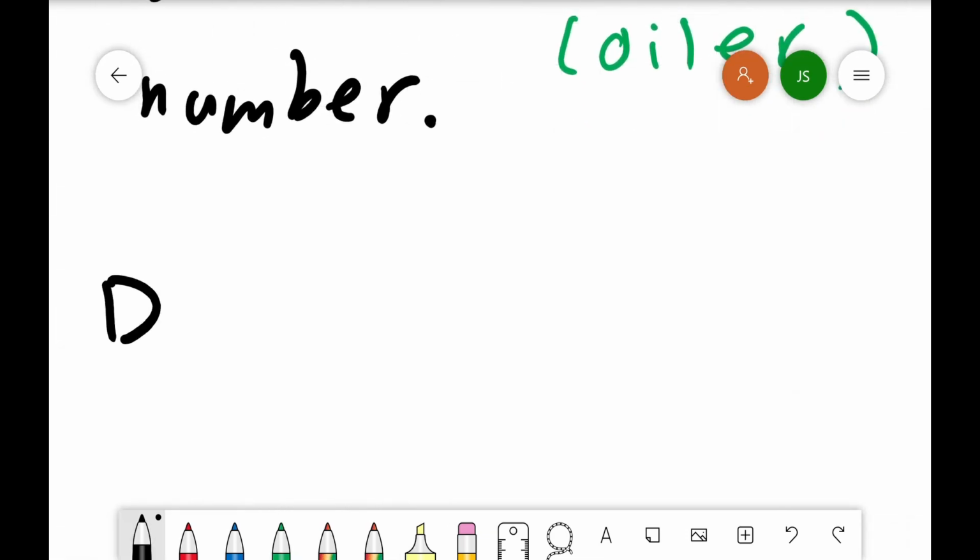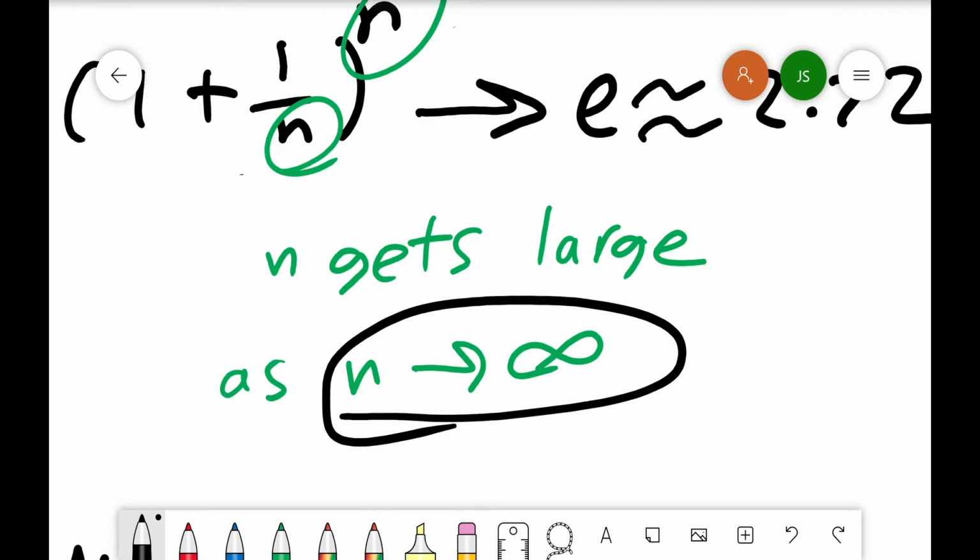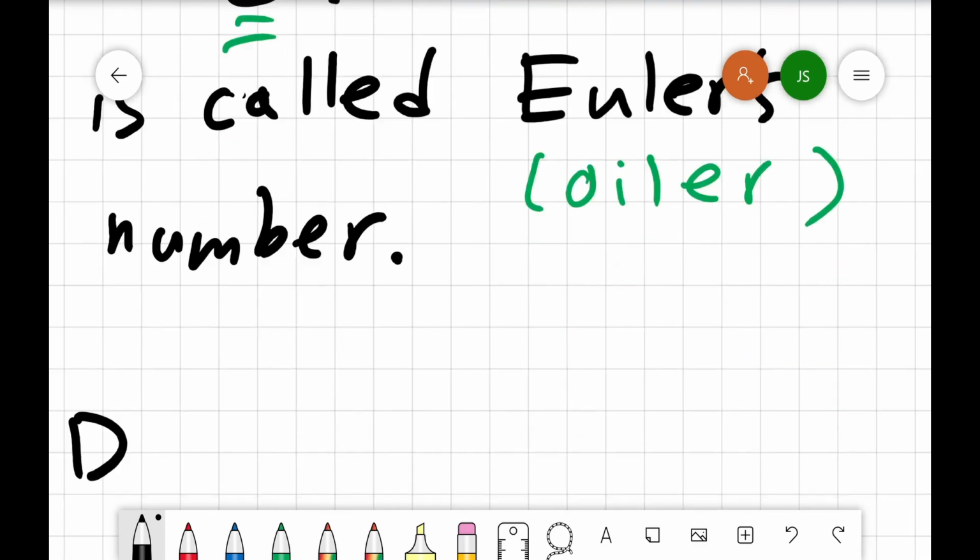So using this idea, I want to not just compound it once a year, compound some interest once a year or twice a year or 3 times or 200 million times even per year. I just want to always be compounding it. And that's what this idea is as n goes to infinity. You never stop compounding, I guess. And it turns out you level out at a specific value here. So we're going to use it